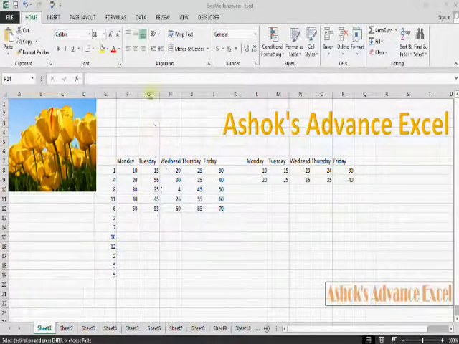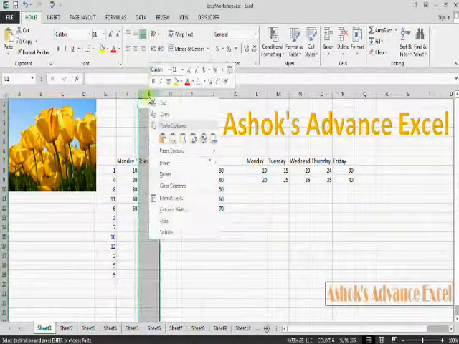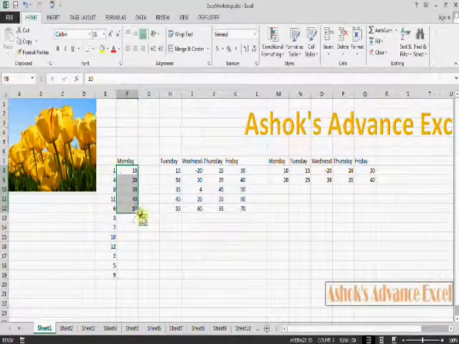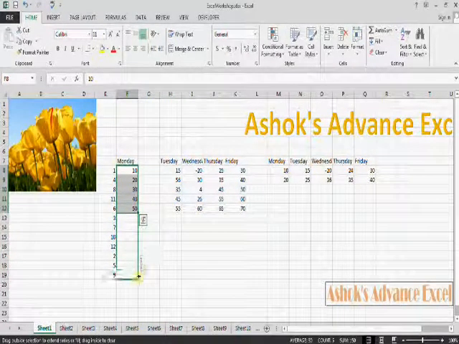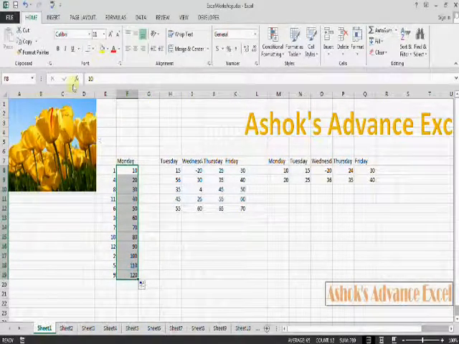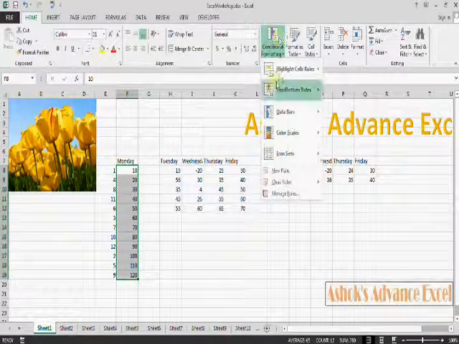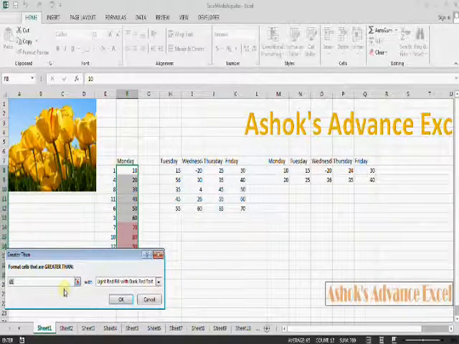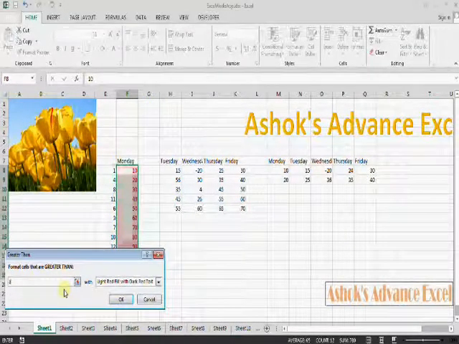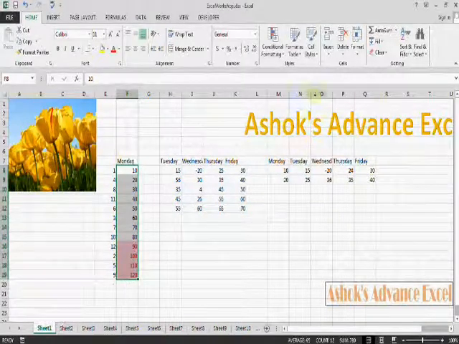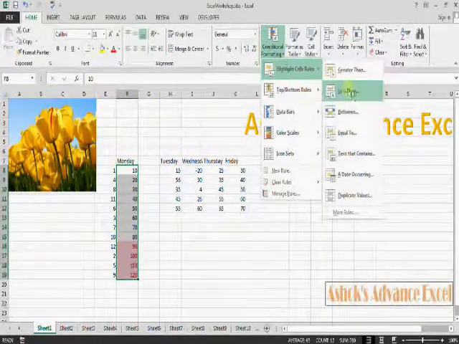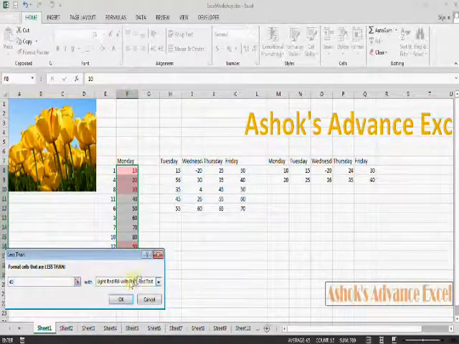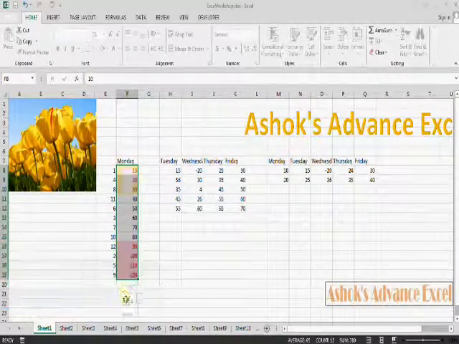Now I am going to insert one column here. Now I am selecting this range 10 to 50. I am dragging it up to 120. Now on the Home tab, conditional formatting, first one greater than, select the first rule, that is greater than, type 80 here and click OK. Again go to conditional formatting and select the second rule, that is less than, and write 40 here and select another color, yellow, click OK.